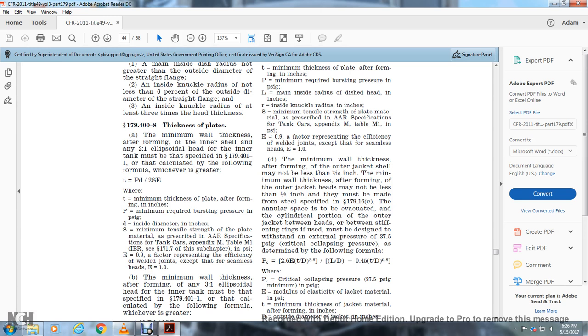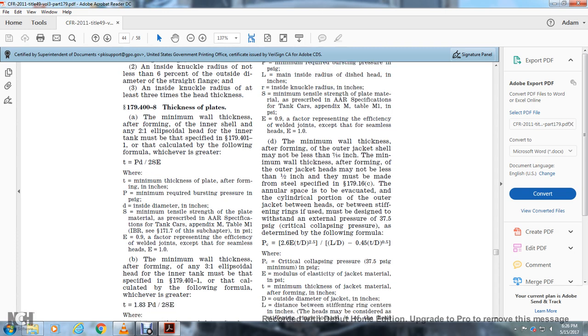T is the minimum thickness of the plate after forming in inches. P is the minimum required bursting pressure in PSI gauge. D is the inside diameter in inches. S is the minimum tensile strength of the plate material prescribed in the AAR specification for tank cars, Appendix M, Table M1, in PSI. E equals 0.9, the factor representing the efficiency of the welded joints, except for seamless heads at 1.0. The minimum wall thickness after forming of the 3-to-1 ellipsoid head with the inner tank must be that